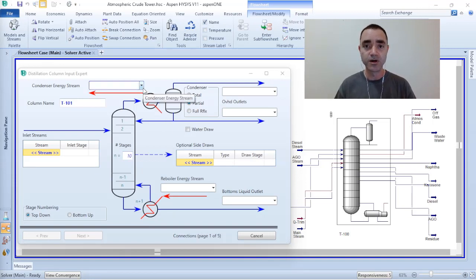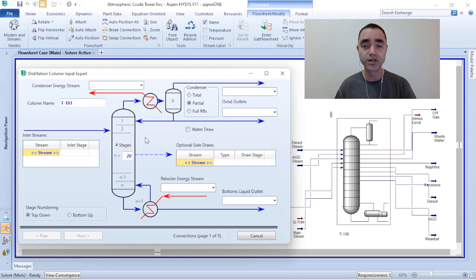So if your preliminary calculations for the total number of stages have given you a number of 20, let's suppose it's 20, what is the number of stages that you will add to your process simulation to start correctly doing your job as a chemical process engineer in plant design? If your first guess is that you will add 20 to your distillation column, you are not going in the correct direction, because the Aspen HYSYS does not